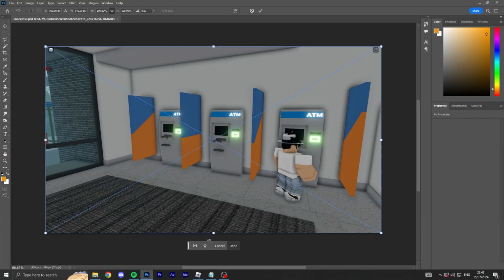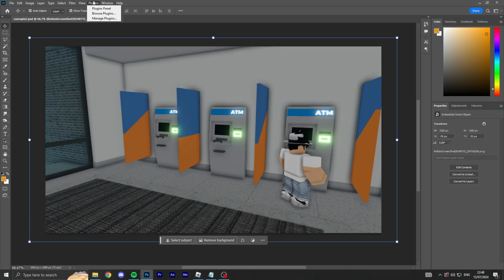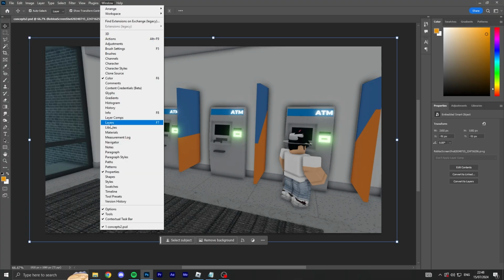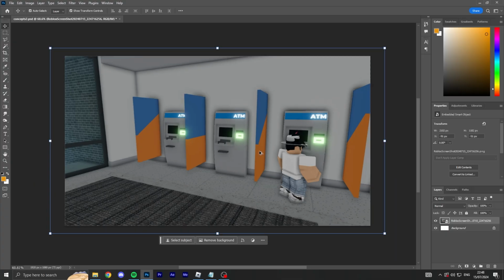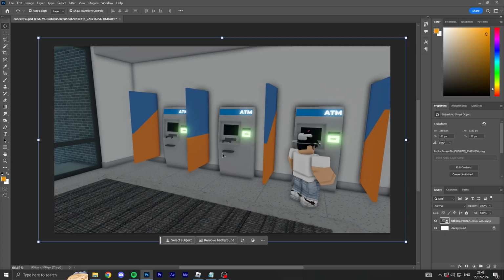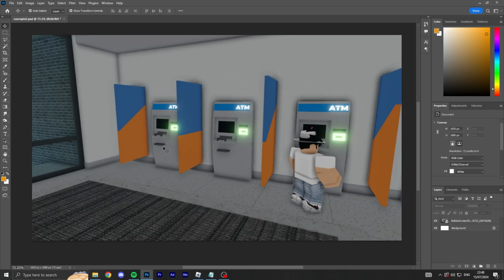Alright, so this is the photo I just took. Let's just throw this into Photoshop here, and now essentially we've got a blank canvas to make the concept. So ATM robbery, what do we know? In other games like ERLC, they have a nice user interface where you've got to click on the right code when you use the RFID tool, and I think I'm going to do something very similar to that.